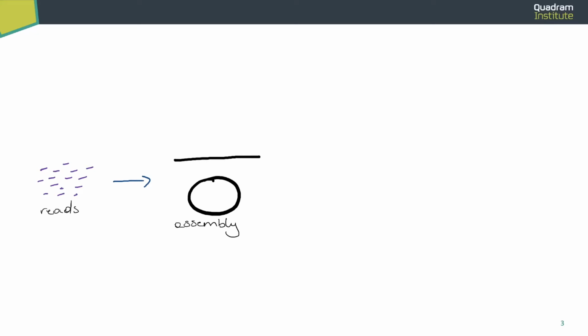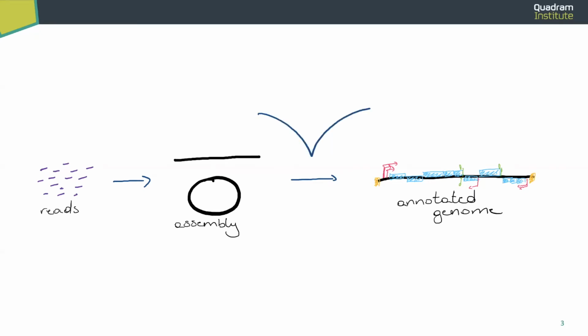You can have one contig, you can have multiple contigs, but it's basically just one long stretch of DNA, and then you need to come to an annotated genome. Now, this step seems straightforward, but it entails quite a couple of steps, and during these 3 days,